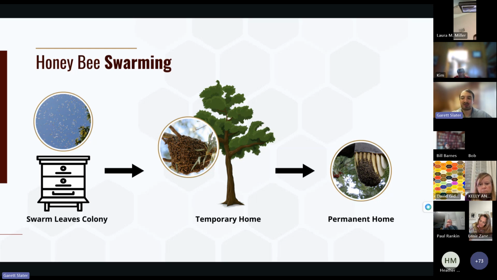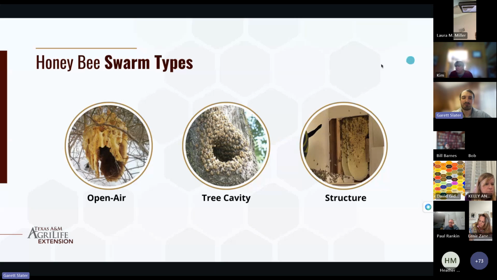The queen starts laying eggs, and they start building a brand new colony. These permanent homes could be in a lot of different situations. I talked about this last week, but they can form an open air colony. I think this is a situation where democracy didn't work for the colony, so they start forming a colony right there. Maybe they didn't reach a consensus, so they start forming these open air colonies right on a tree